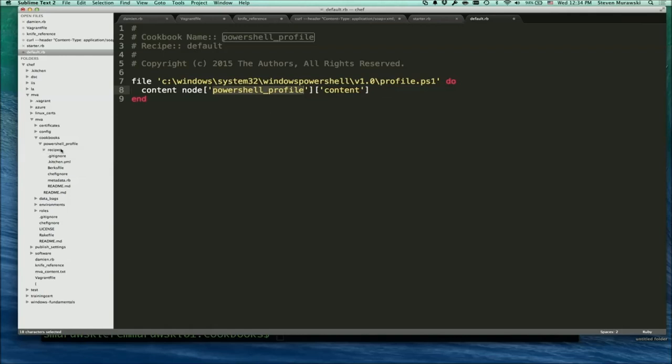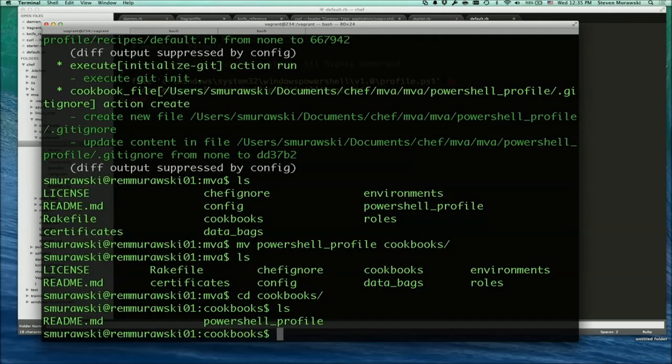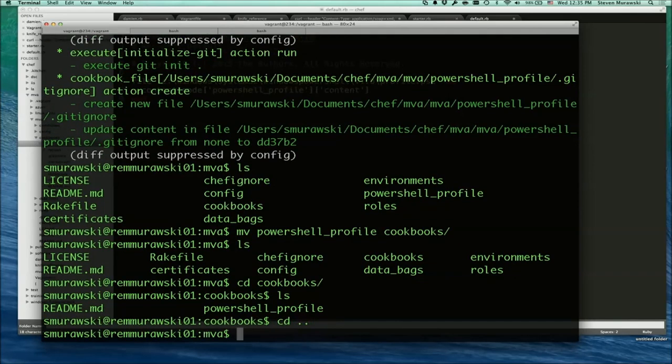So we need an attributes folder. So that attribute folder you're creating manually? I'm creating that manually. Now there is another way to create this cookbook from the knife command, and that will actually scaffold out more stuff than Chef generate will do, which is kind of the minimal. Knife will generate it from the top level of your repository. So I could do knife cookbook